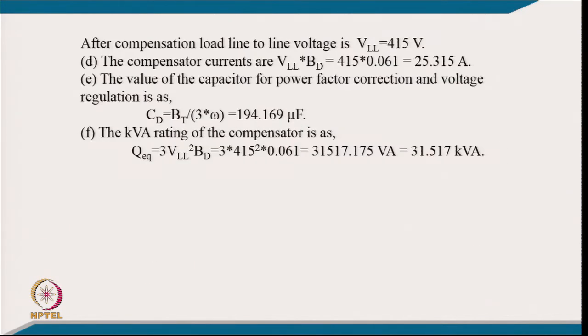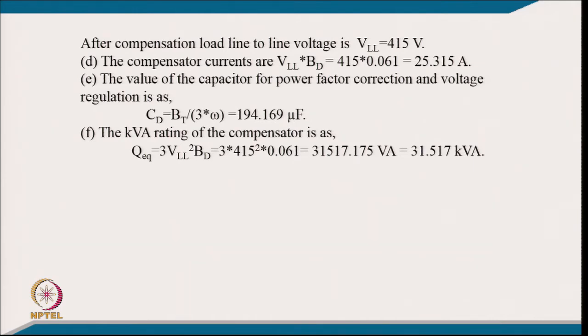0.061 mho. Well, after the compensation the load line voltage is 415 and the compensator current is VL line voltage into the BD compensator susceptance, and that is 415 into 0.061. So, current is 25.315 ampere. The value of capacitor for power factor correction and voltage regulation is CD equal to BT